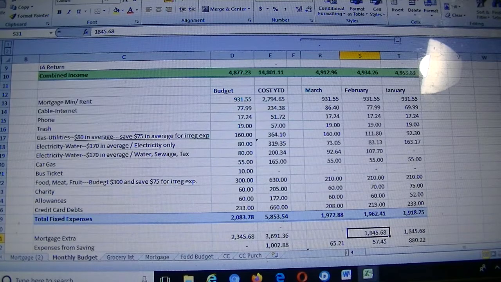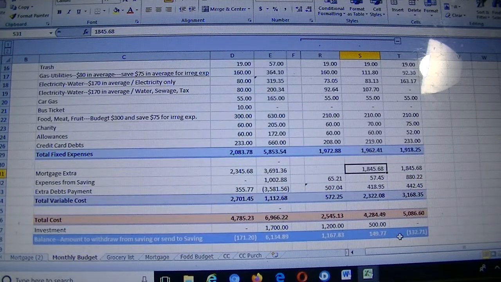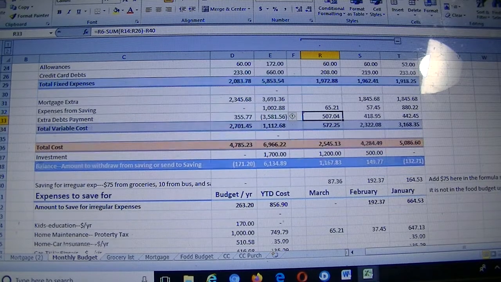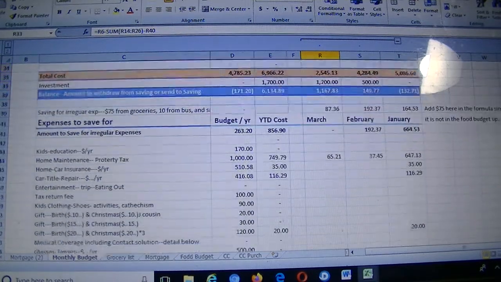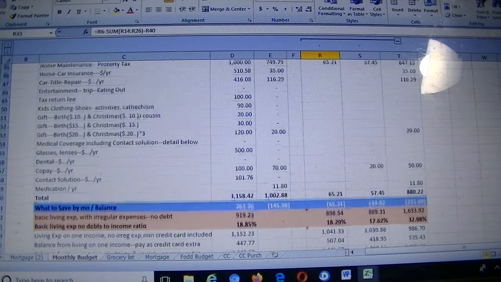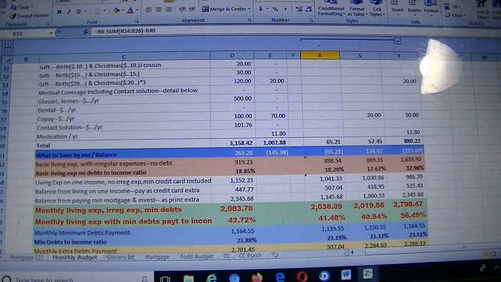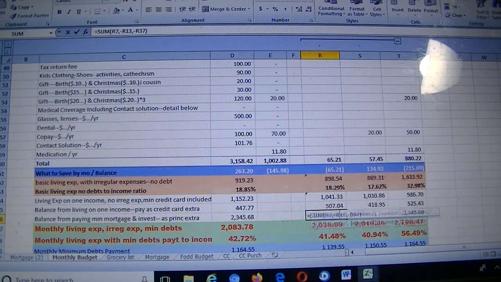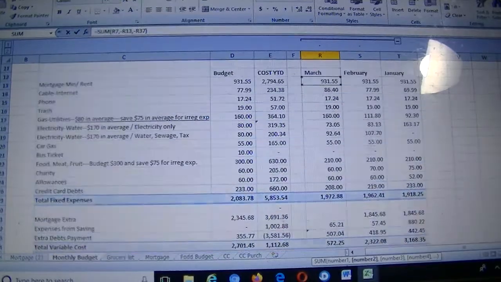Not really a formula here, but that pulls out how much my husband should put toward his credit card debt. So that's his income minus what we are going to live on, our regular expenses without the mortgage, and that's the amount here that will go toward the payments for his credit cards, and this is what will go toward the principal. And pretty much what this thing is doing is taking my income here